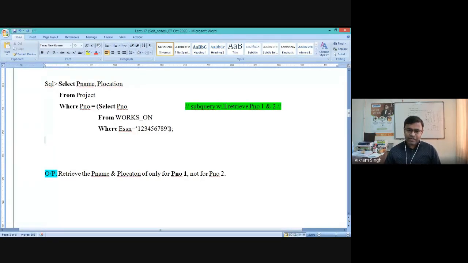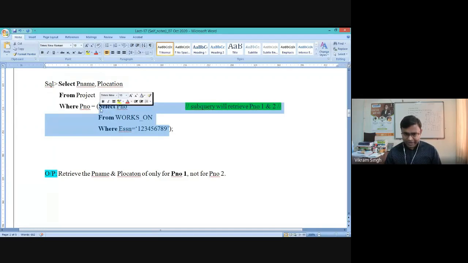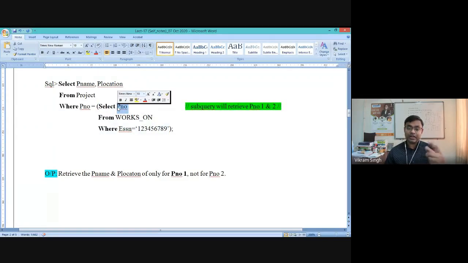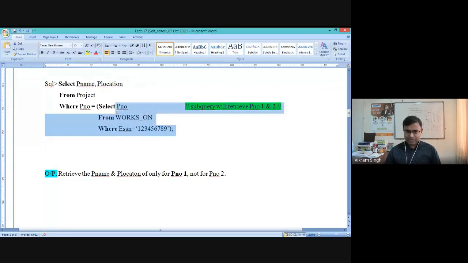So this inner query will give you the project numbers on which this employee is working. This subquery will give you project number 1 and 2. So this inner query will generate these two values, 1 and 2.